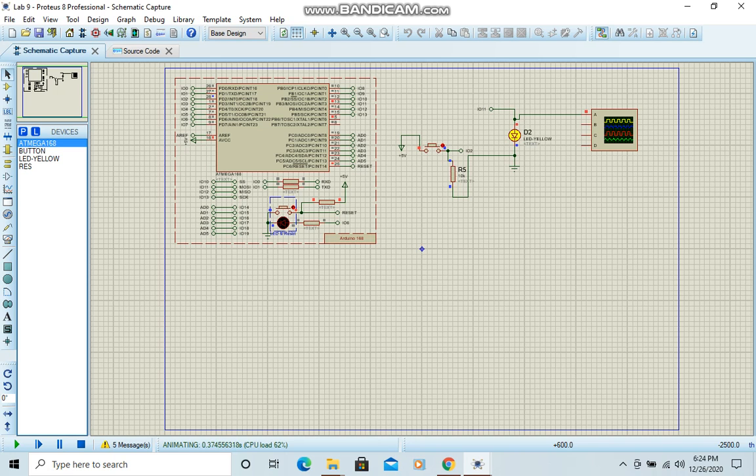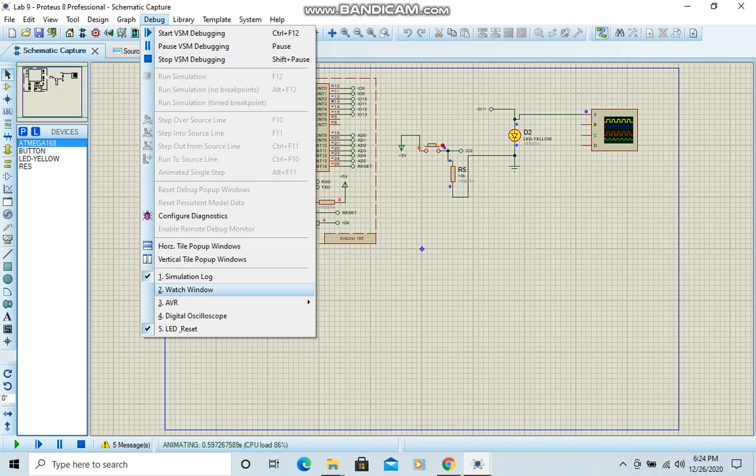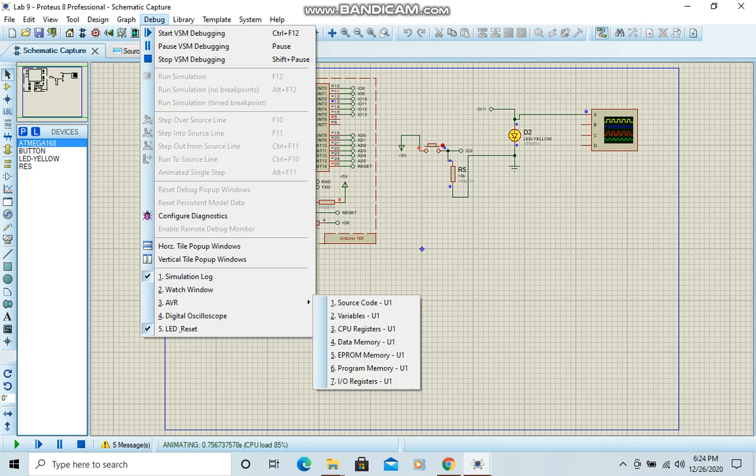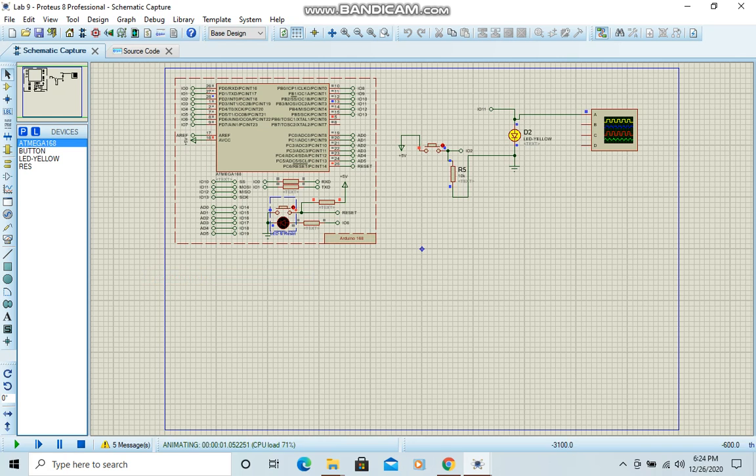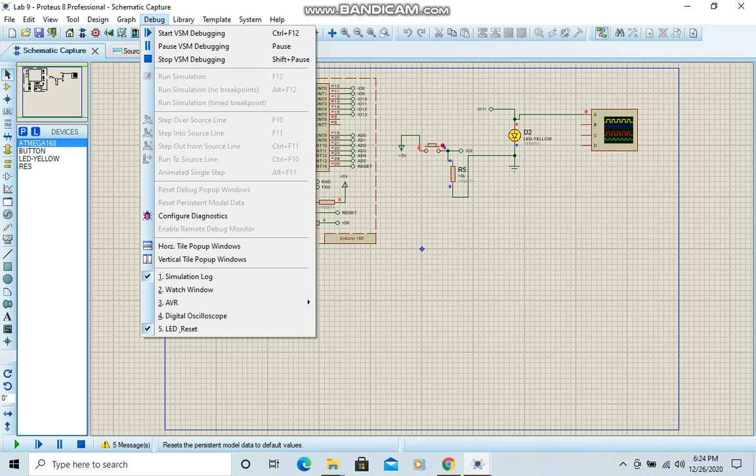It will take some time due to the CPU load. Let me check. It's not running yet. It's taking some time.